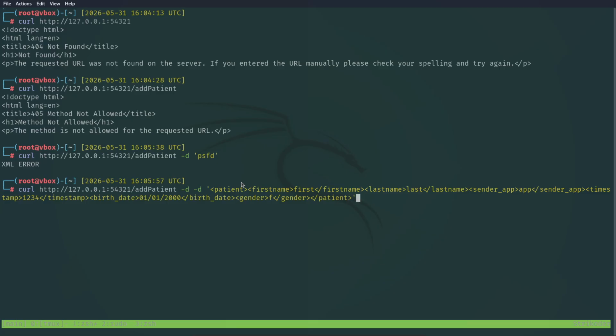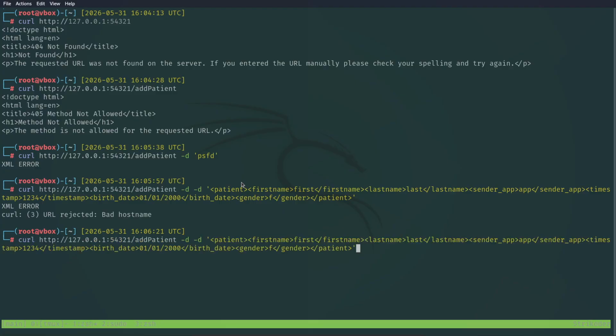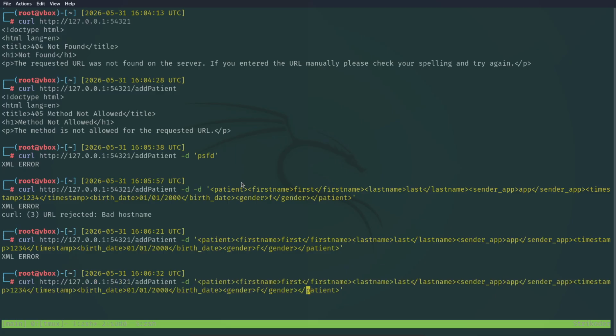This is just like an example. And XML error rejected bad host name. I got -d. We still get an XML error. Probably because it's a Flask application, so we need to change the header of content type,